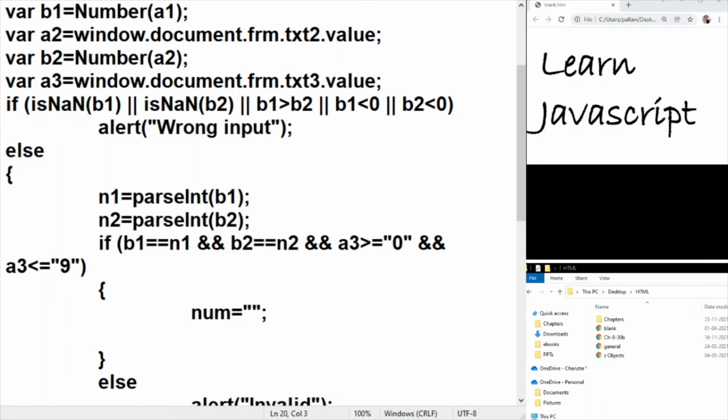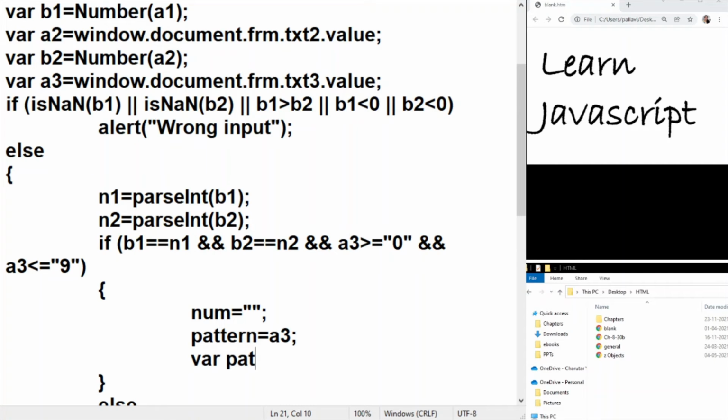Now we want to create a pattern that we will test against each of the numbers. So for this, let pattern contain the character which is there in A3. Okay, now we will actually build the regular expression. To create a regular expression object, let's say pattern 1 is the object.